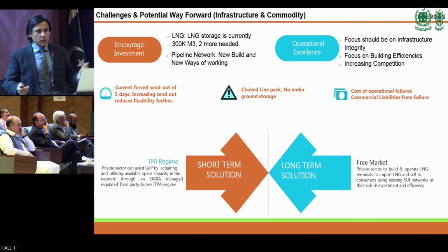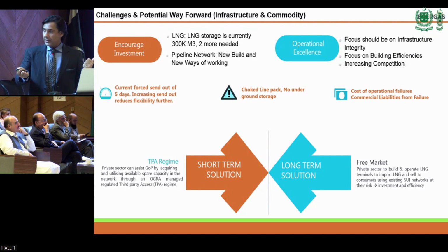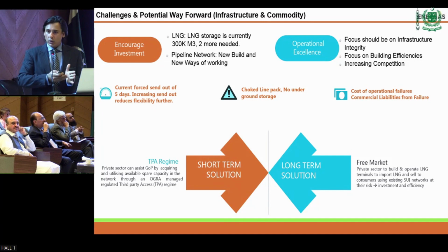What do we need to do? There's a short-term solution, there's a long-term solution. So we'll talk about those in the presentation. So the TPA regime, I think that's good work done by the OGRA authorities. I think we need to push it. And what I'll do in the presentation is I'll give you the example of UK, how UK went about and did this. Longer term solution,